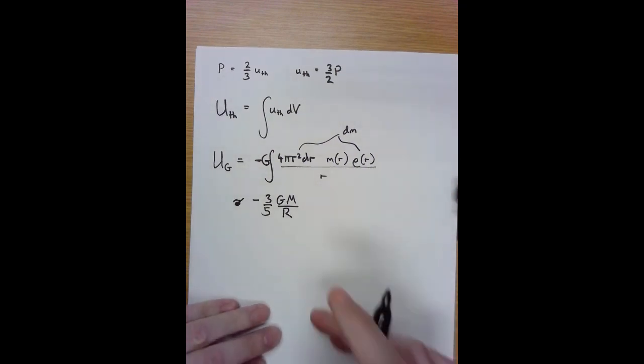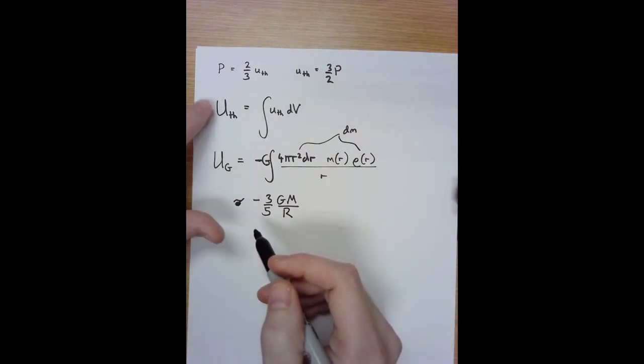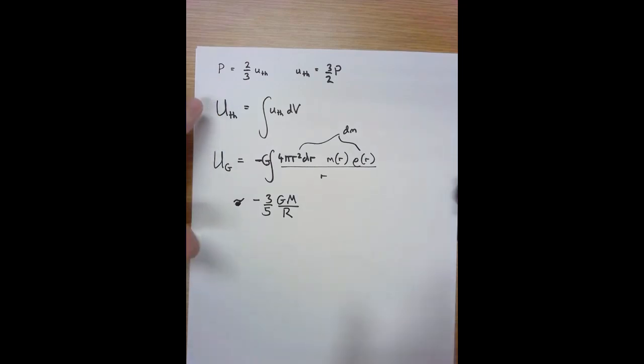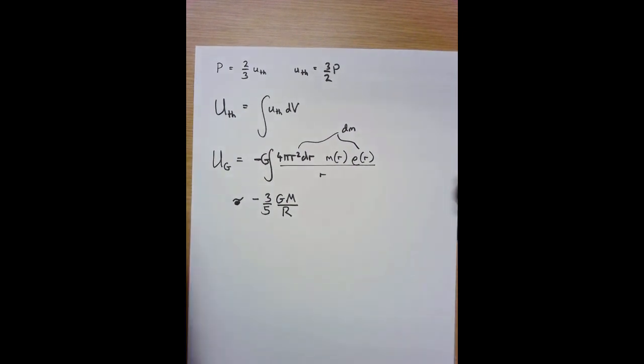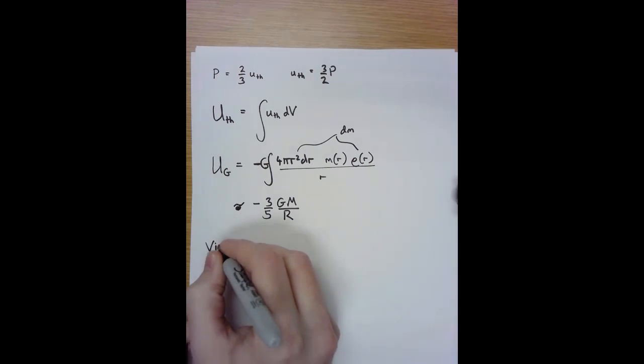Now, I'm not going to derive it in this lecture, but I'm going to derive it in some notes that I'm going to put up this week. But there is a very nice theorem that relates these two forms of energy that the star has. These are the two forms of energy that a star has: thermal energy and gravitational potential energy. And there is a theorem called the Virial theorem,